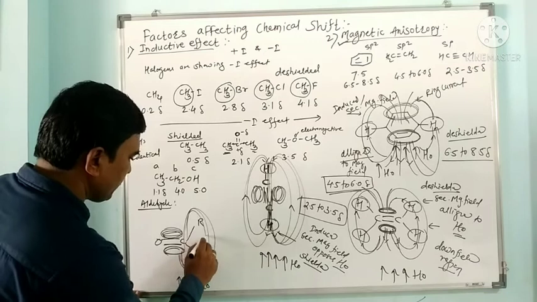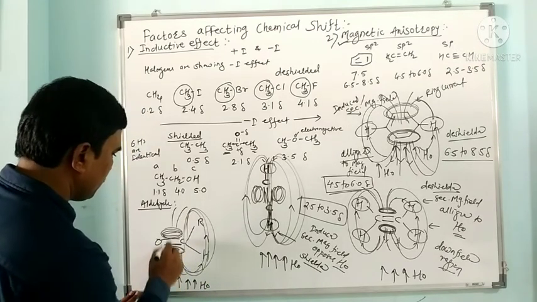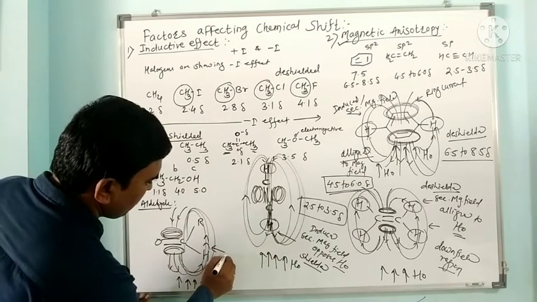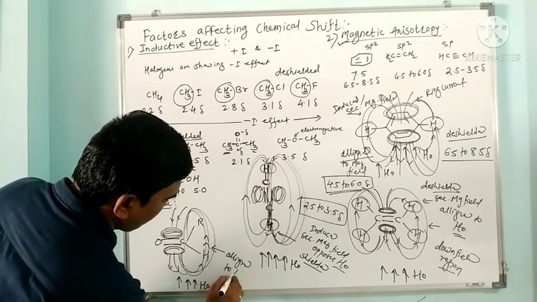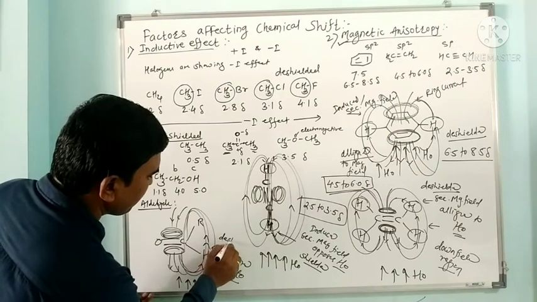Now here this induced magnetic field will be like this. So here this is again aligned to H0. So this causes de-shielding